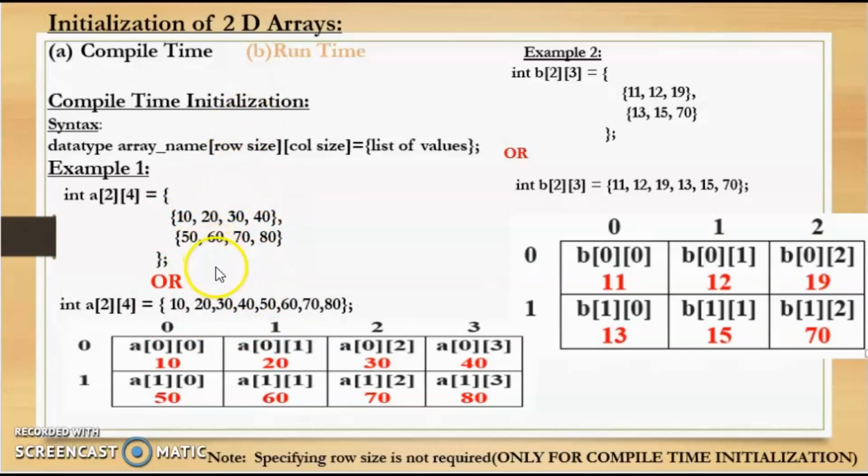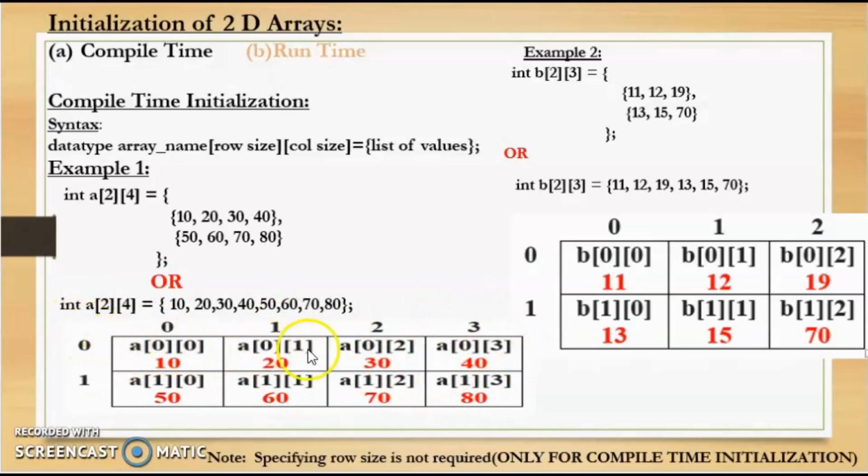So after inserting values either using this method or this method, we will get this two-dimensional arrays. That is, we had specified that the maximum number of rows was 2. So we have 2 rows. And since rows start from 0, this will be the 0th row and this will be the first row. The maximum number of columns which we had specified was 4. So we have 4 columns. And since columns start from 0, this will be the 0th column, this will be the first column, this will be the second and this will be the third column.